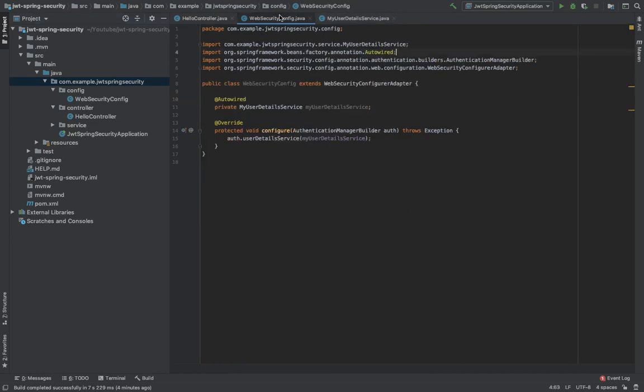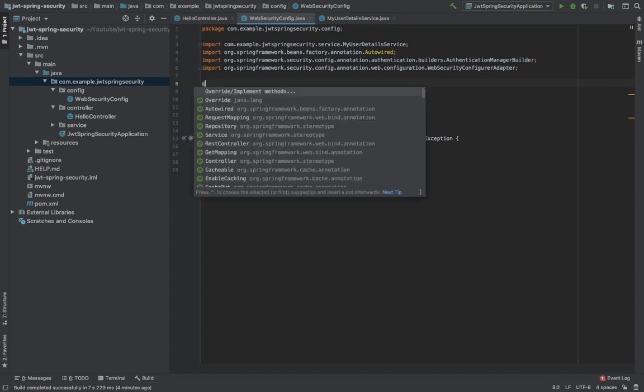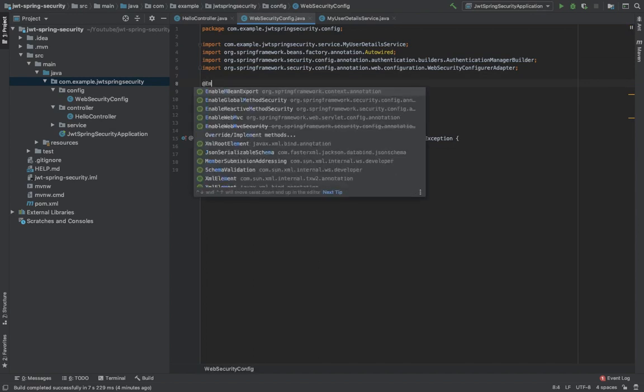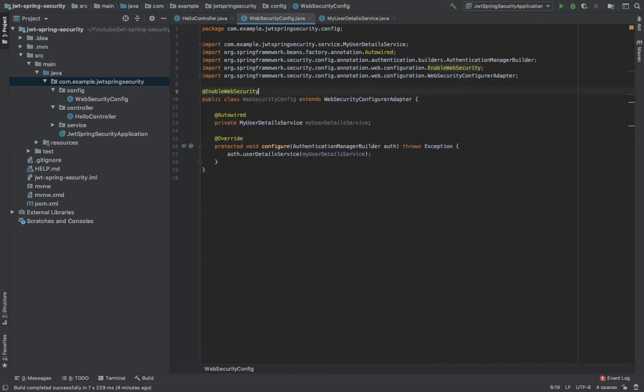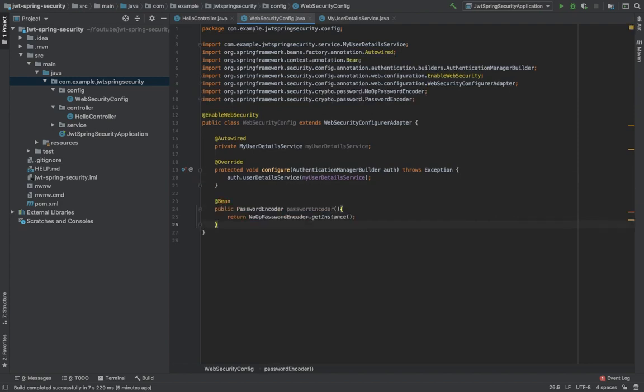Now, whenever Spring Security authenticates the user, it's going to call the authentication manager builder to match the user details we enter with the user we are passing through MyUserDetailService. So one more thing, I'll have to annotate this class with the EnableWebSecurity annotation. Now one last thing to do is to add a password encoder. I've used NoOpPasswordEncoder because I am not doing any hashing with my password.